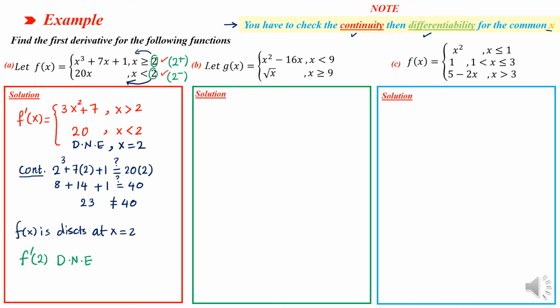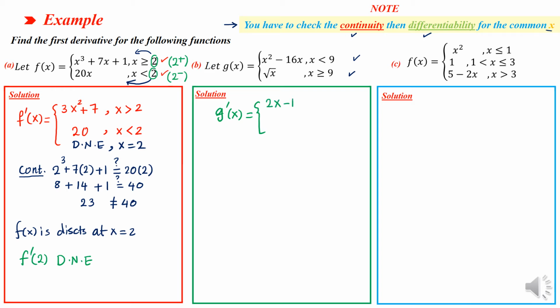Now in part B we have g of x equals x squared minus 16x when x is less than 9, and we have the square root of x when x is greater than or equal to 9. Similar to the first part, you have to find g prime of x, and this is equal to